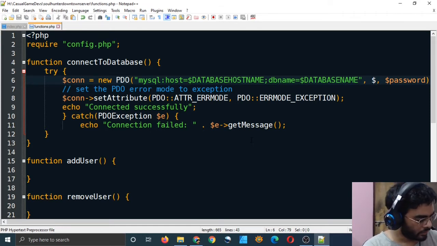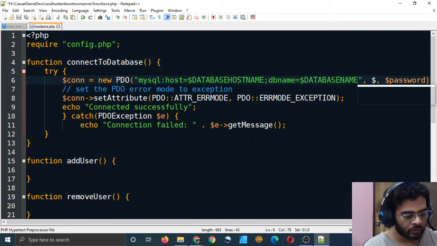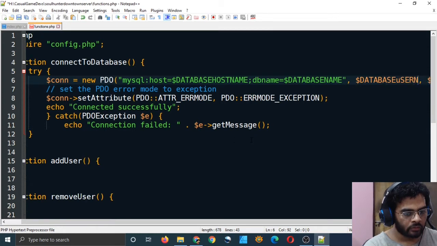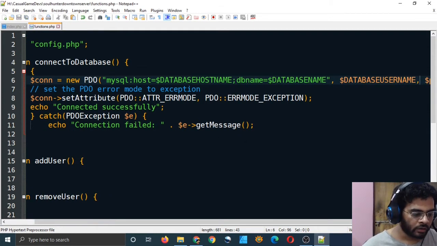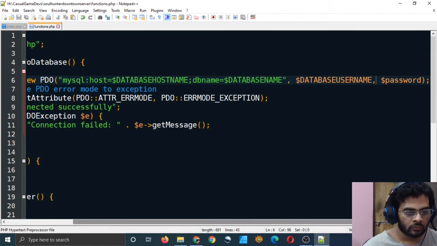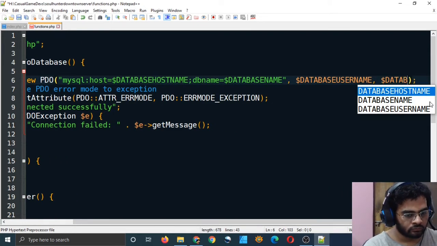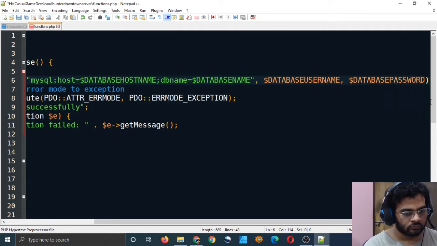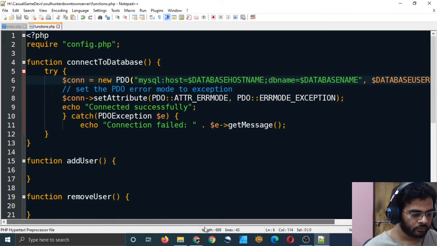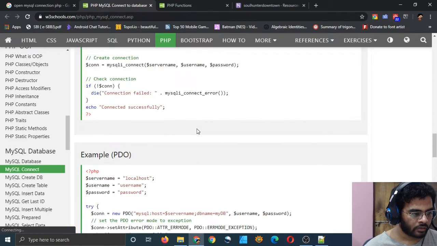I think it does. And then we need the database username, and then we need the database password.